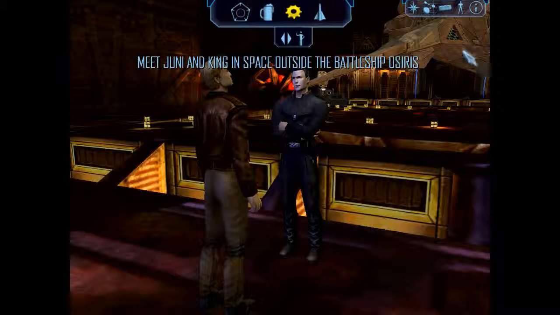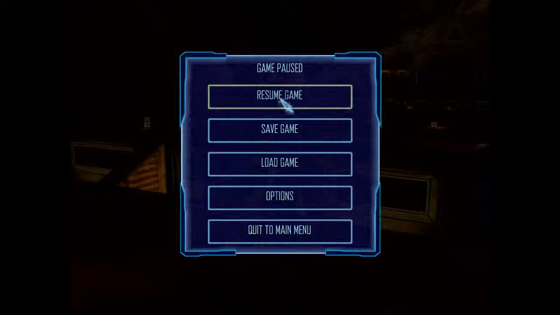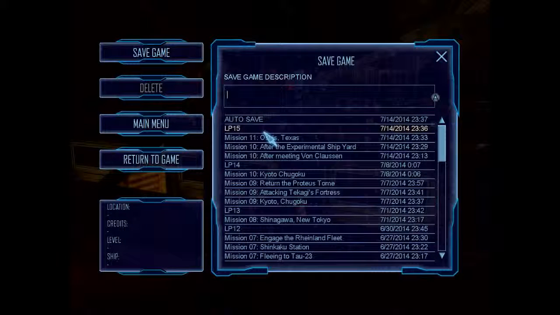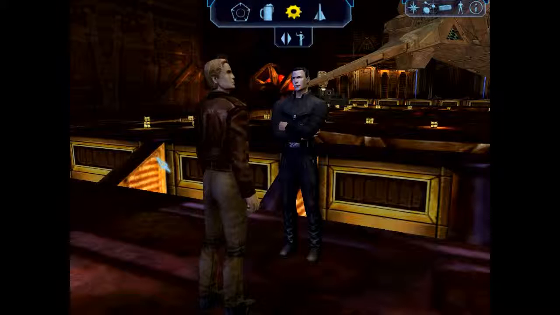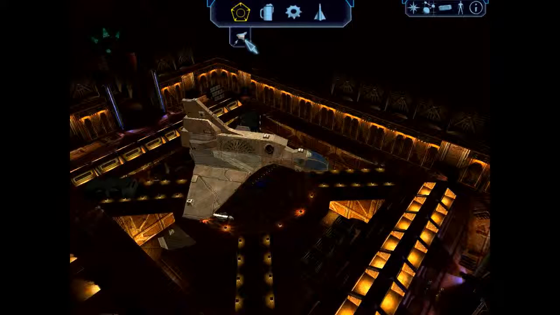So, I'm actually going to save the game here because we did all that stuff with the ship. And if I get killed or something, I'd rather not do all that again. Although it would probably be an autosave somewhere after that. So I'm going to just give the game a quick save here, call it LP16, and then go back to the game. Okay, so our mission...